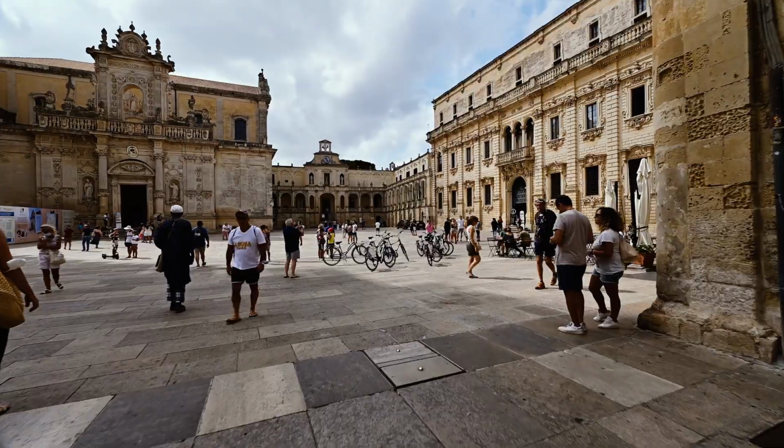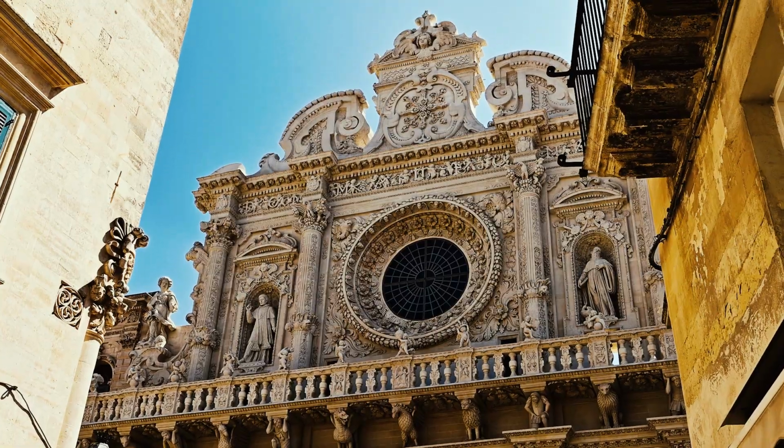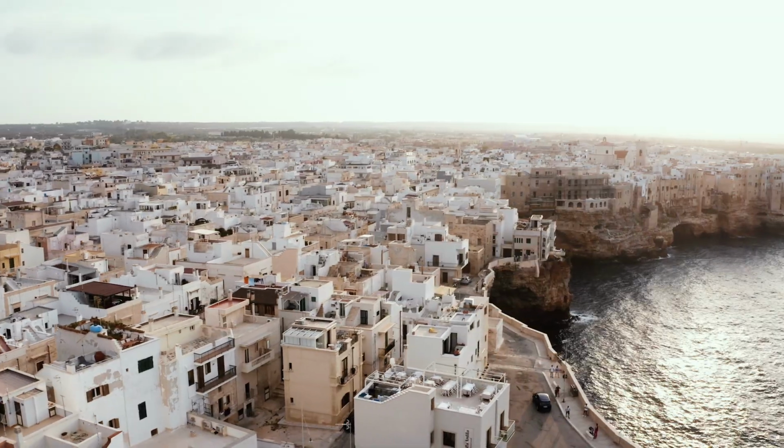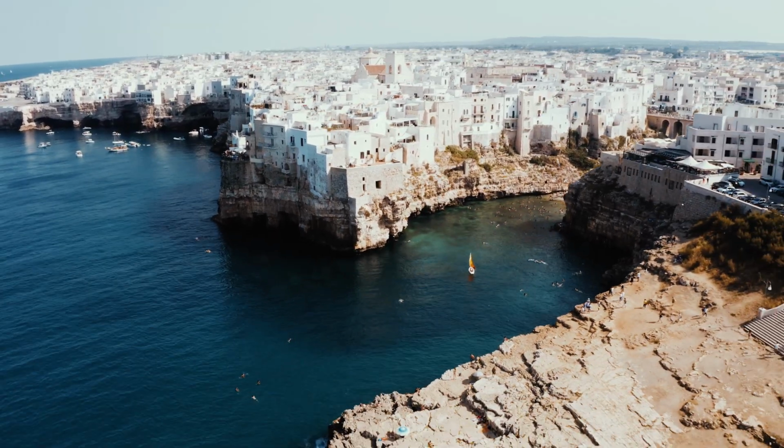I'm officially back in Italy and we have just rented a 500,000 USD apartment here in Italy, precisely in Puglia. So in this video, I would like to show you around the apartment and give you an idea what you're going to get when you rent something here in Italy and all the process that it takes to rent an